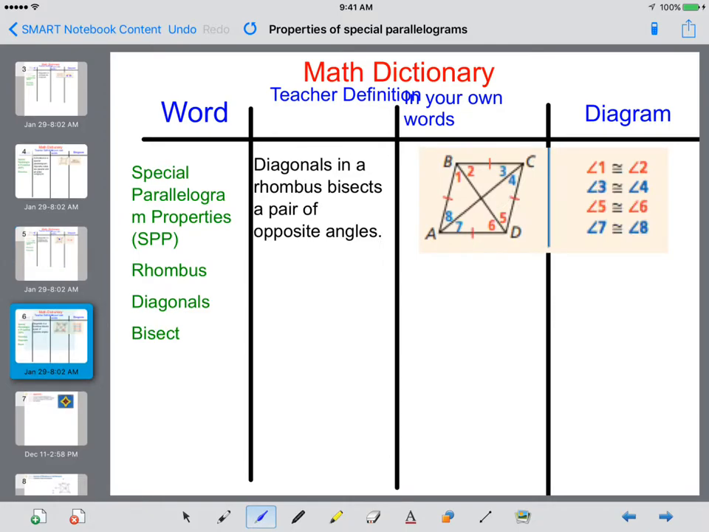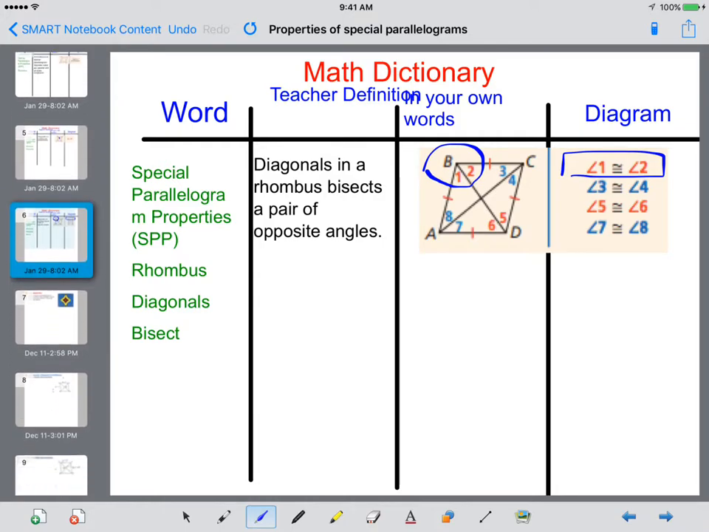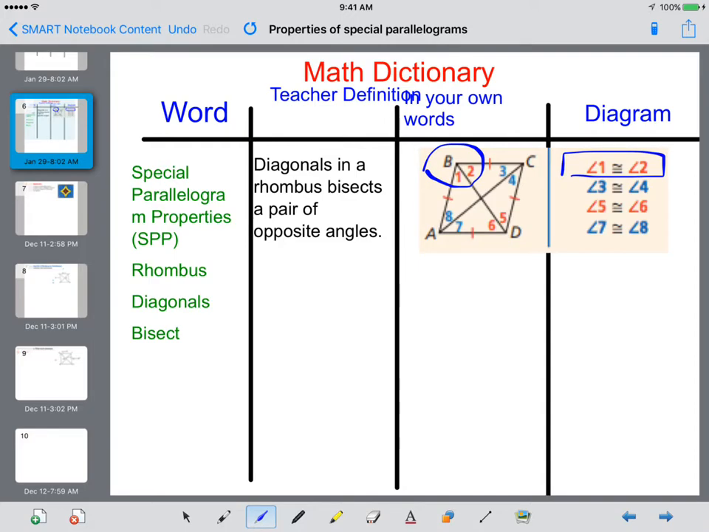Rhombus diagonals bisect each other. So they bisect the opposite angles. So angle B here, we have a bisector. Angle B gets cut into two pieces where angle 1 is congruent to angle 2. And that happens at every corner of a rhombus. I'm going to show 3 examples and get you ready for